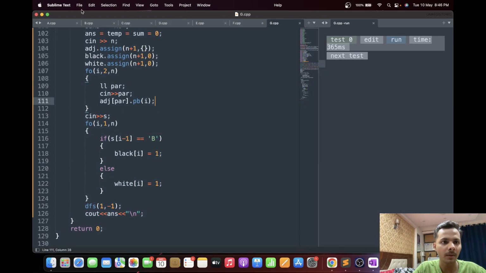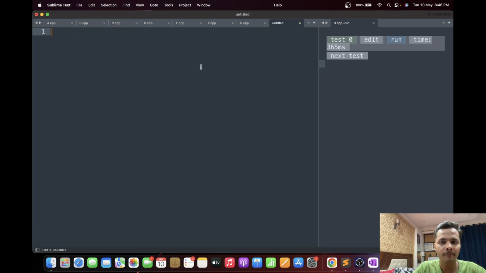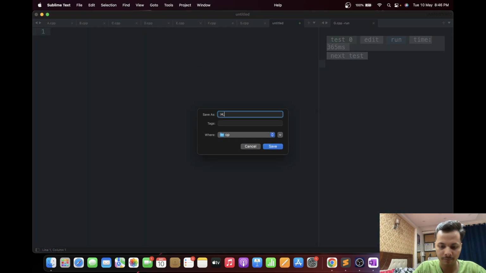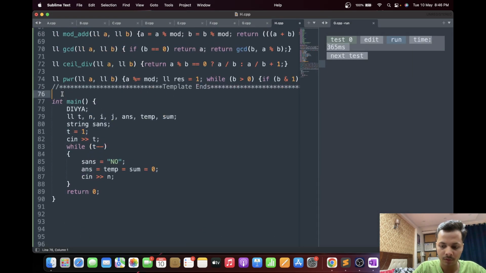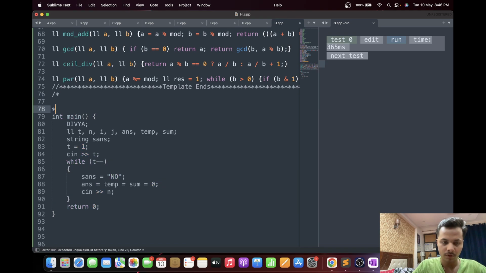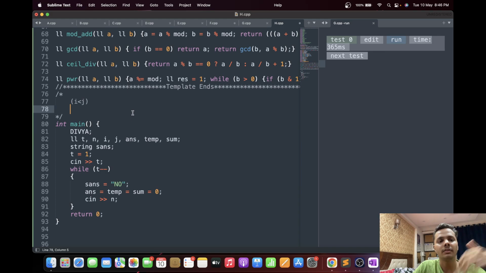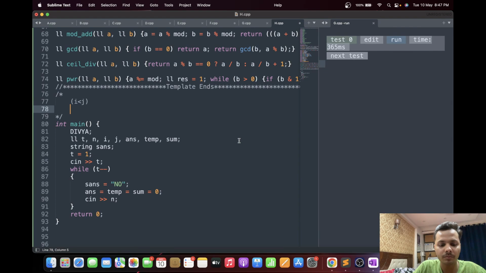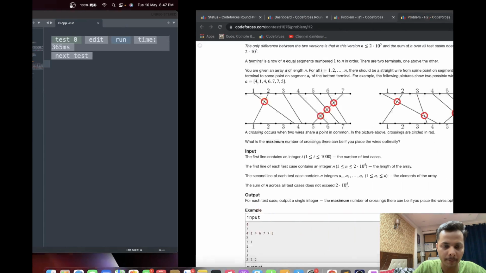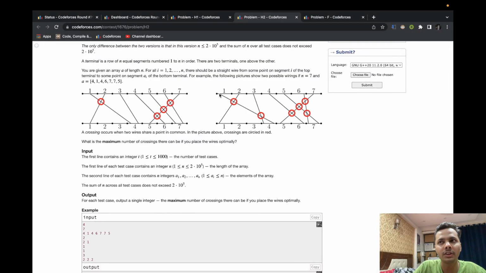Let's create a new file. So we have I and J, where J is greater than I, and we want to check if the jth wire will intersect with the ith wire, and that can happen only if A of I is greater than or equal to A of J, right? If A of I is equal to A of J, even then they can intersect.